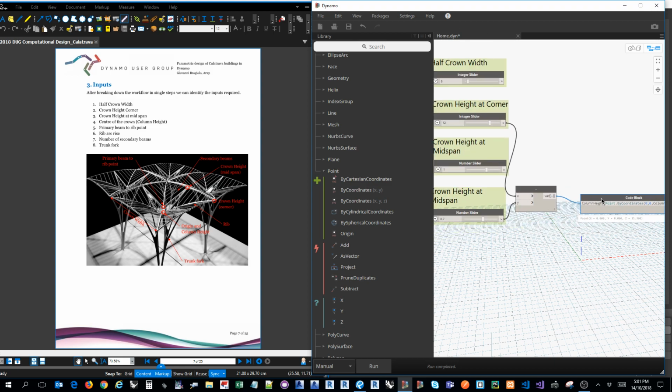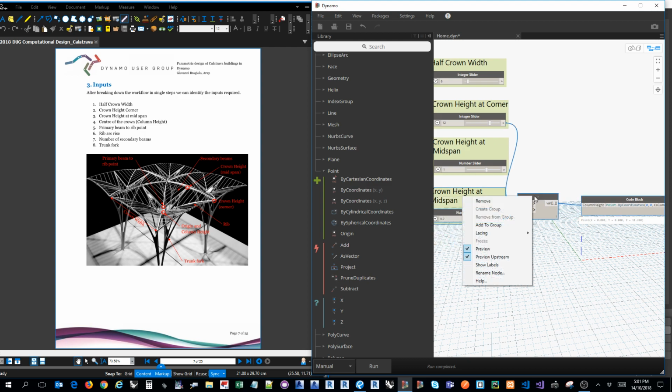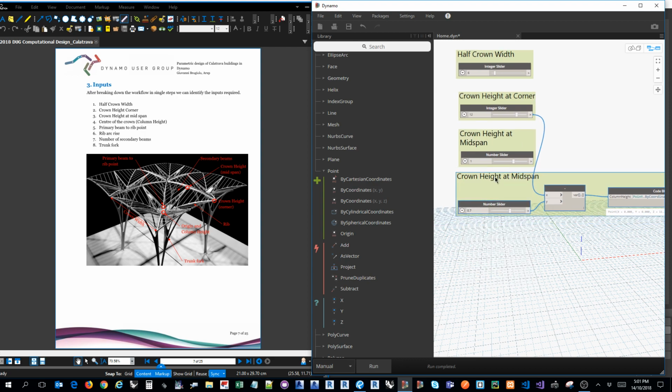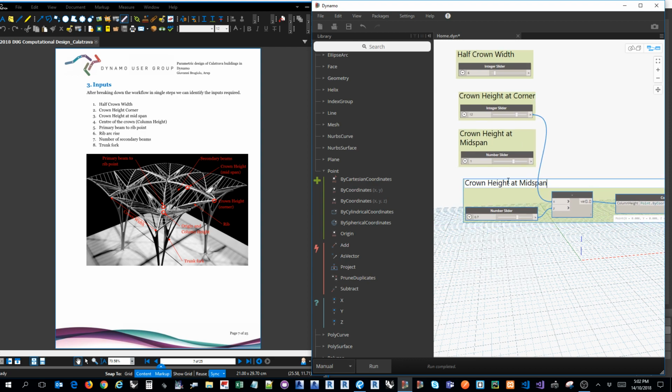And again, let's add these nodes into the group, and let's call it center of crown column. Then